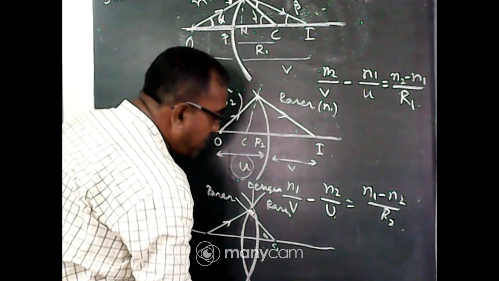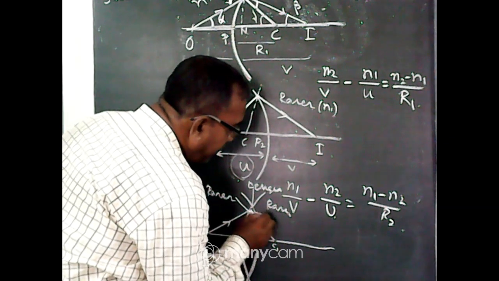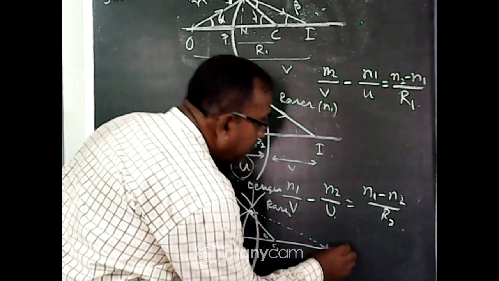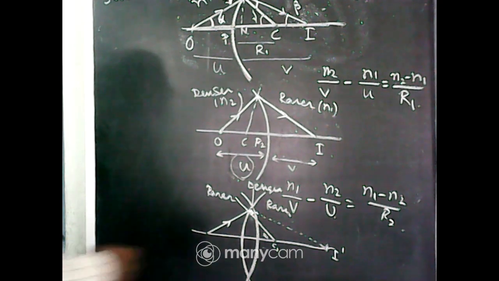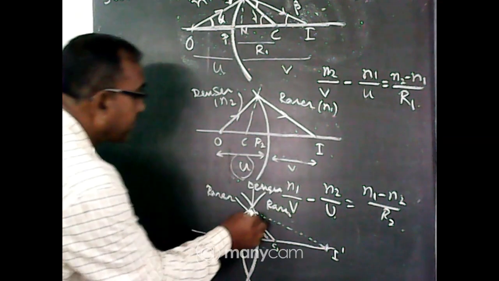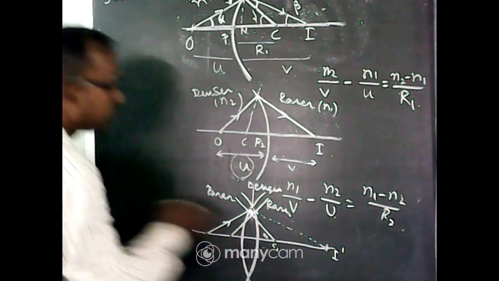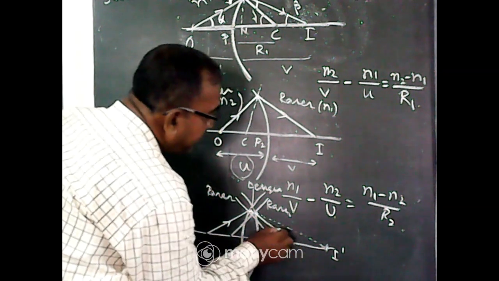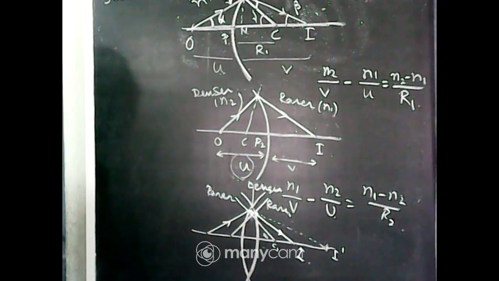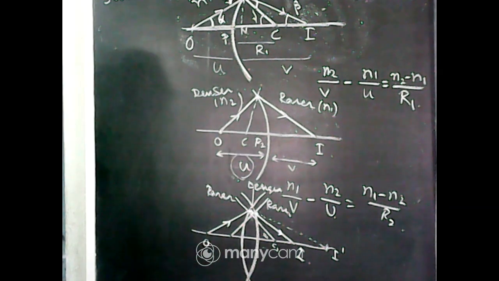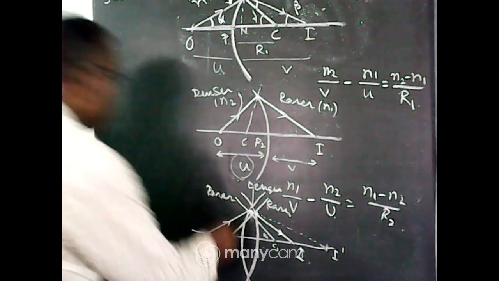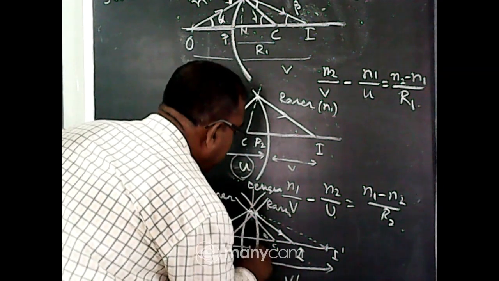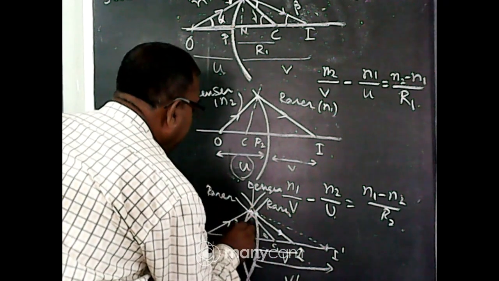If you consider absence of the second surface, that time it will be met on that point, that is equal to I dash. But for that second surface, you draw the normal on it and a ray will be away from it. This is the final image. Okay, it is the object. Okay, so this is the U, that for the V dash, that for the V, that is R2 and this